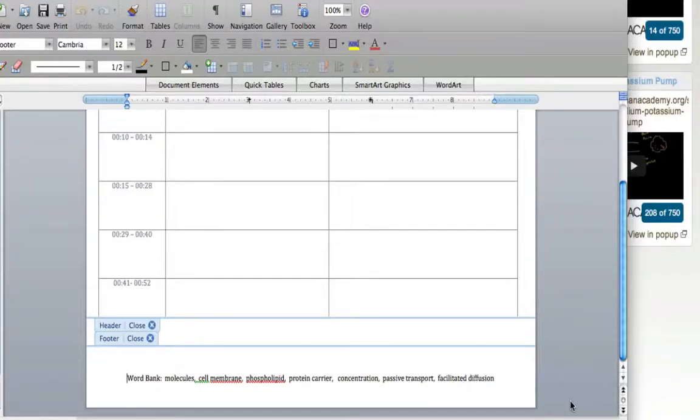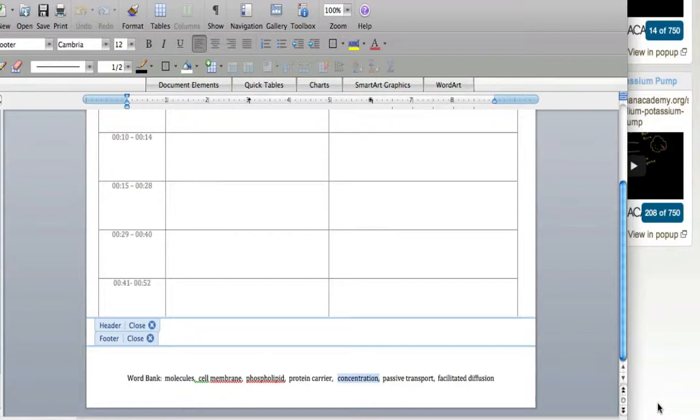etc. in their script. And what I liked about this in the face-to-face part was that I could monitor student learning and their ability to apply the vocabulary to the video, because I would notice some students had a hard time incorporating, let's say, the word concentration. And so if only one group had a hard time with that, I would just go work with that group